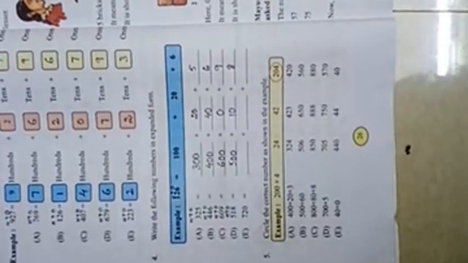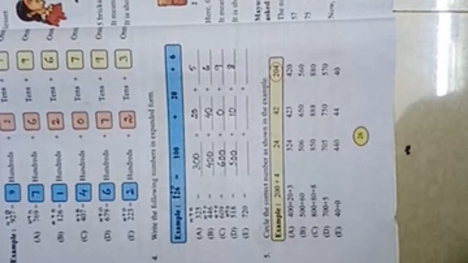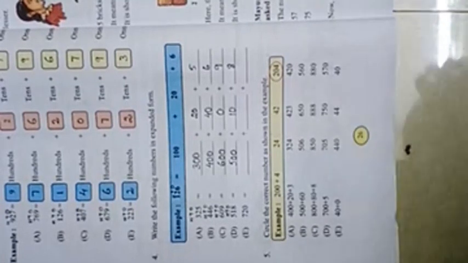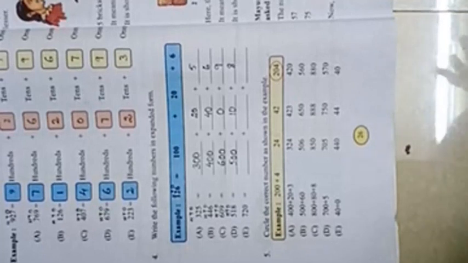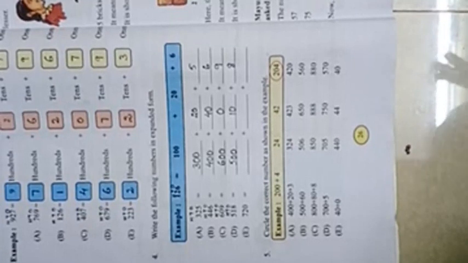Are you learning tables, children? If not, don't neglect it, children. Daily you learn tables. Today I forgot to inform you in the last class itself, but today I am informing you. Try to learn tables daily. Today start learning 2, 3 and 4 tables thoroughly, means perfectly. If I ask from the middle of the table, if I ask 4 fives are how much, you have to tell the answer 20 immediately. Is that clear, children?